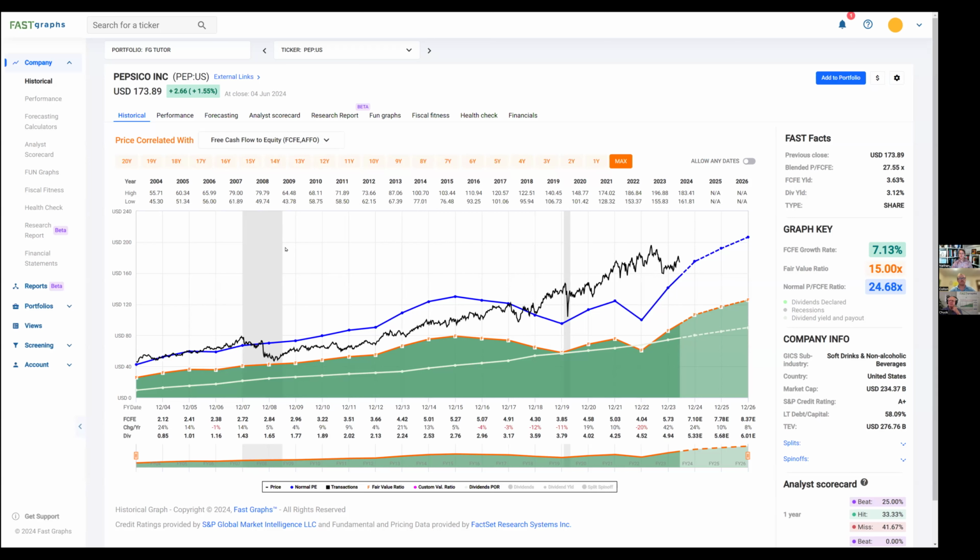Just a little bit on my use of this. Just as Chuck was mentioning, I really like to use this for my own investing. I also use this in the classroom. I teach a graduate level class on valuation. And the thing that I love about the Fast Graphs tool is its ability to simplify something that sometimes can